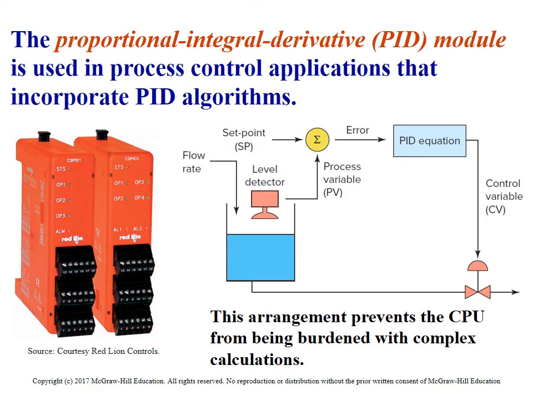PID modules, they make them for the PLCs. This is like a process control type thing, like in this example they're showing here, where we're trying to maintain the level of water in a tank. Proportional, integral, and derivative modules is what it's called. A lot of that's done right inside the PLC now. You don't need external modules like this, but they'll have an actual card that goes right into the PLC that takes care of all this information for us. Those are rather in depth, and we only touch on them here in this class.